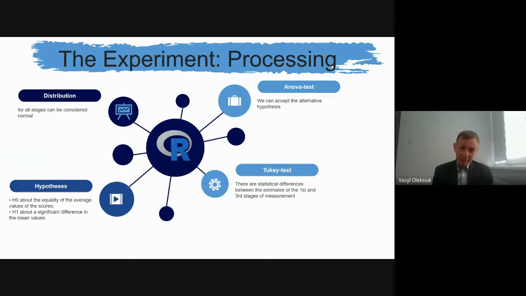and an alternative hypothesis about the significant difference in the mean values. Using the ANOVA test function, we made sure that the sample size was sufficient. As its result, we can accept the alternative hypothesis about a significant difference in mean values. That is, the cloud lab is the factor that caused